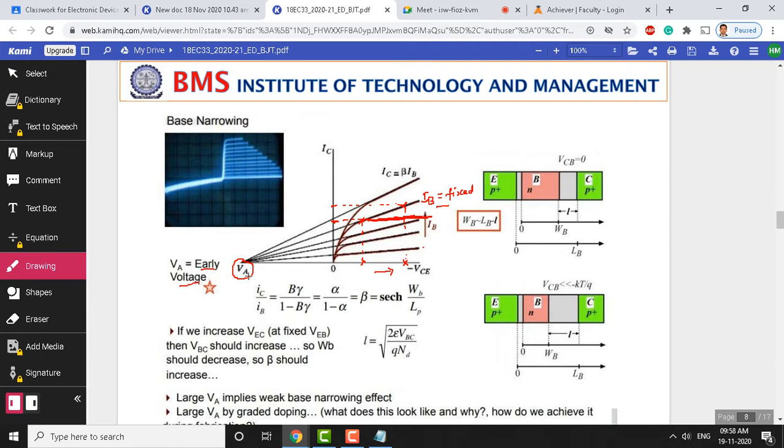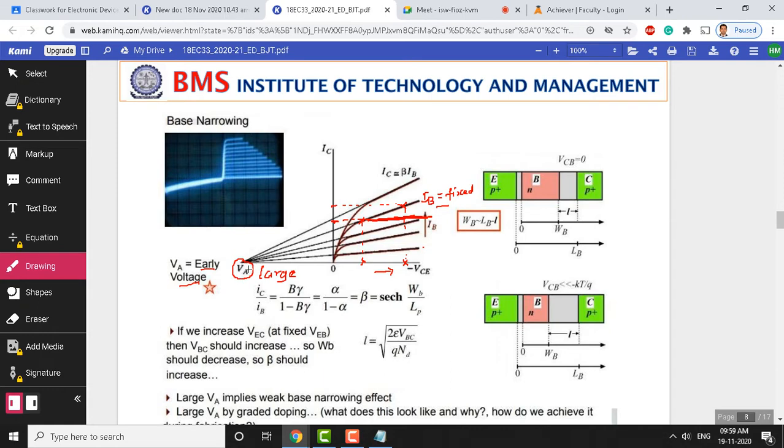Now this early voltage has a lot of implications for the amplifier. For a good amplifier, this VA should be as large as possible, because when we use a BJT as an amplifier, VA should be far away from the y axis instead of very close to it. So how do you achieve that large VA? Large VA can be achieved by making VCE independent of IC, or when the slope is 0 here. Then definitely these projection lines will meet the negative x axis at an infinite value of VA. Then the amplifier becomes a very good amplifier, you know that.